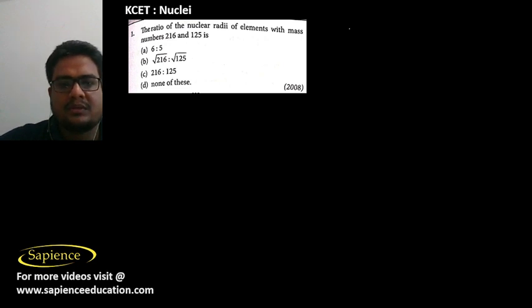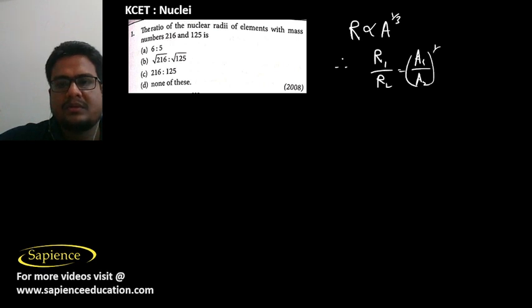So we know that the radius of a nucleus is proportional to the cube root of the mass number. Therefore, the ratio of the nuclear radii R1 by R2 is equal to A1 by A2 whole power 1 by 3, meaning the cube root of this. So that is equal to 216 by